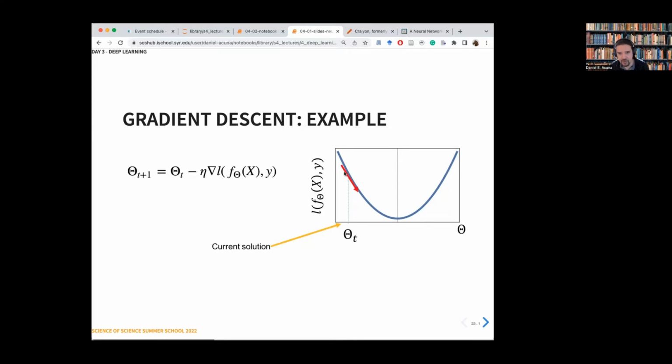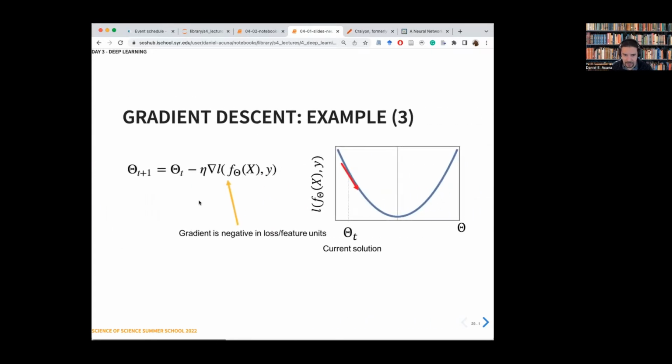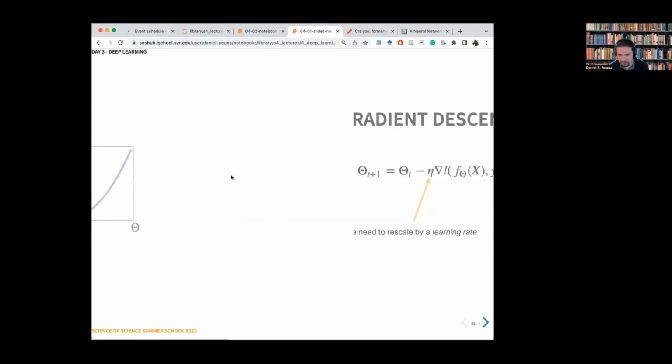And what you do is say, okay, I'm going to estimate the slope of this loss function, which could be really complicated, the slope of this function at this point, and I will follow the opposite direction. The slope here is negative, but you want to move to the right. So you want to make a positive change to theta. That's why it's called, you follow the negative of the gradient. And that's what this equation here is representing. So the gradient is negative, that's represented here.